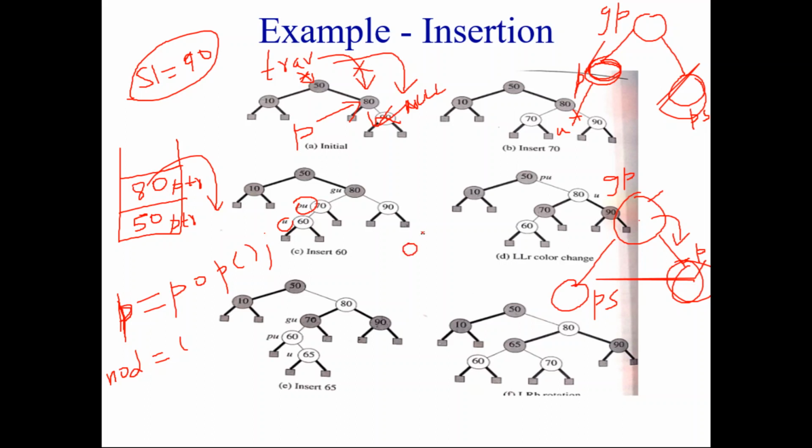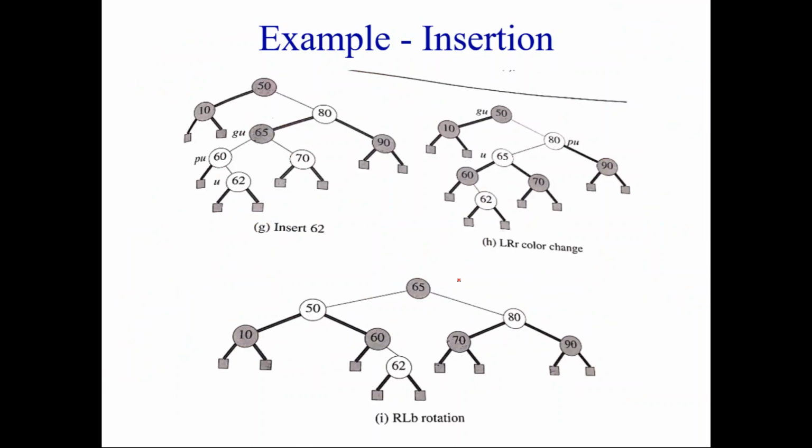Say for example there is a grandparent and there is a parent, and there is a new node. So this is the parent, this is the grandparent, but there is no right child for the grandparent. In this case, if you call the function to get the parent sibling with P and GP, there is actually no right child at all for GP. So it will return null. But null is also treated as black color. Null nodes are also treated as black color. That's what I'm trying to explain.